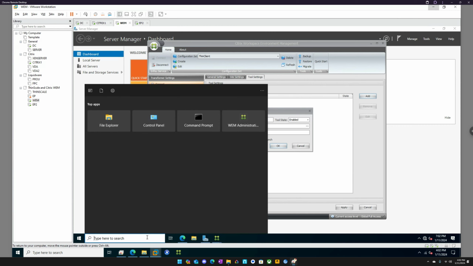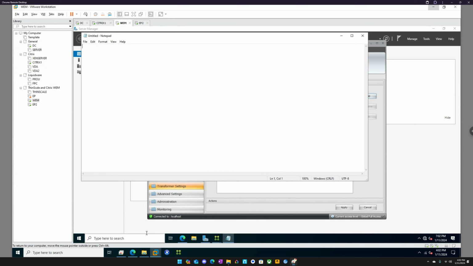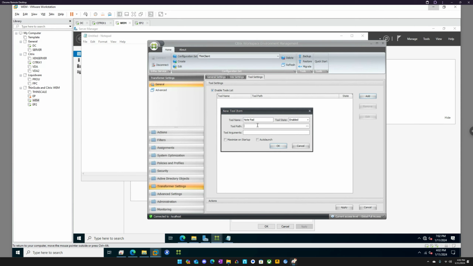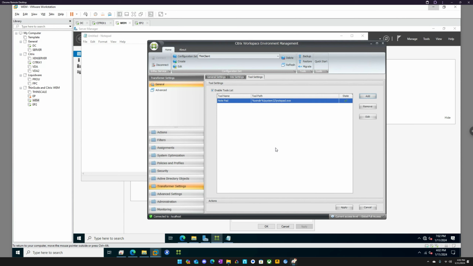Let's do Notepad. I don't know where this stuff is located. There we go. Look at that. Tool path. No arguments. Auto launch. Let's leave that as is. All right, so